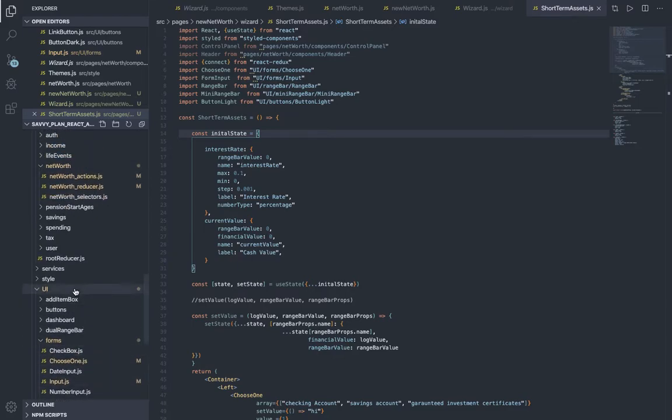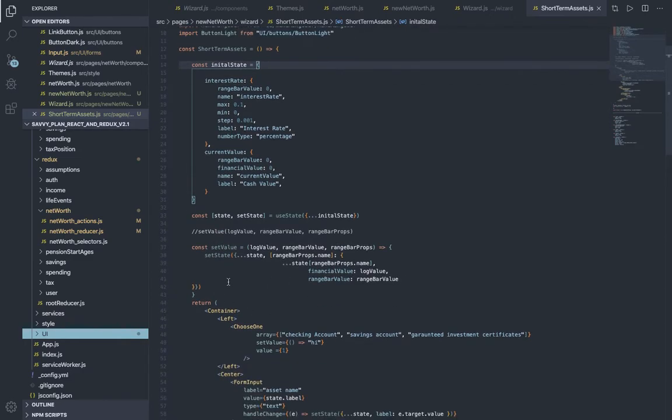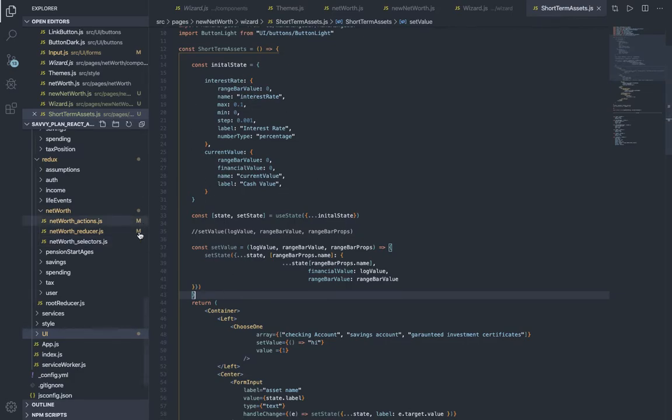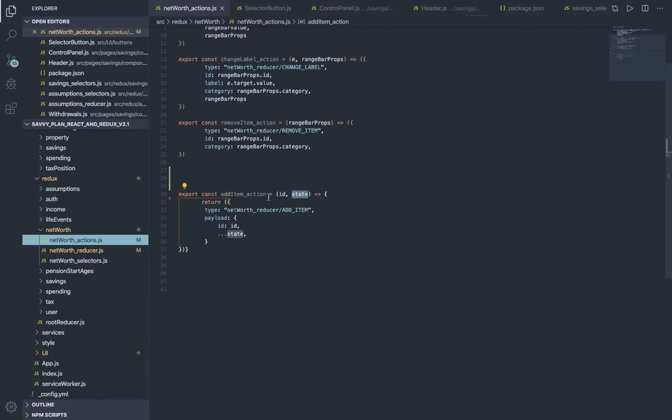So where were we here? So basically, we're gathering all of this. Then we're going to fire an action in our add item function that will take all of the state. So imagine it's carrying it along. So this is the function. It's going to take an ID and a state. Then it also has a type. So type is this right here, net worth,